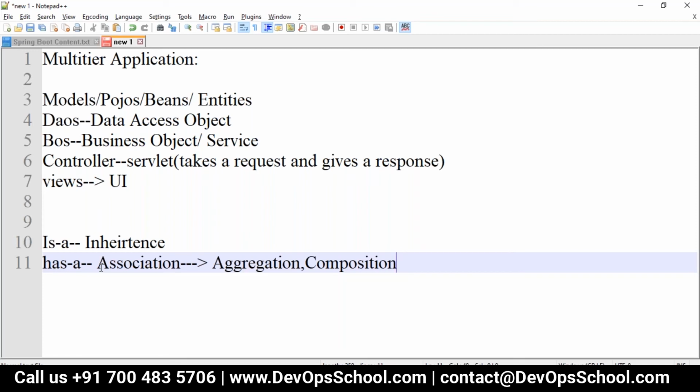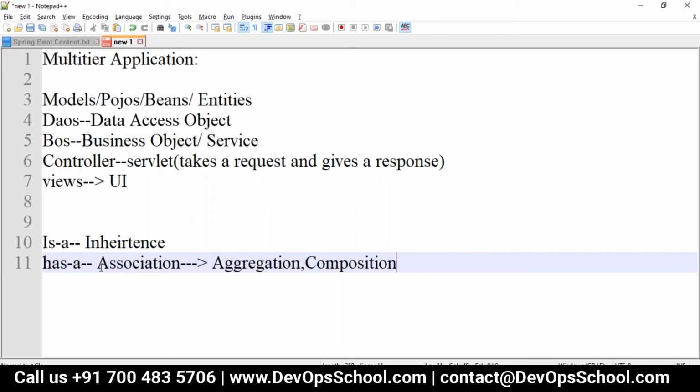We will have a ticket object which has a person object. Ticket has a person. There are many HAS-A relationships, like employee has an address, or pizza has toppings.